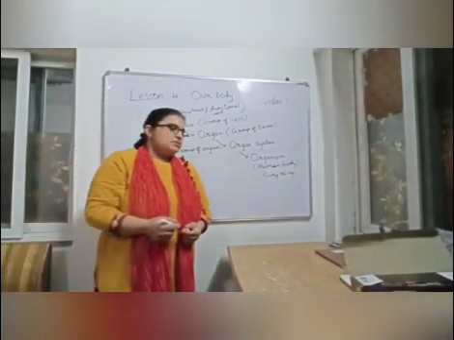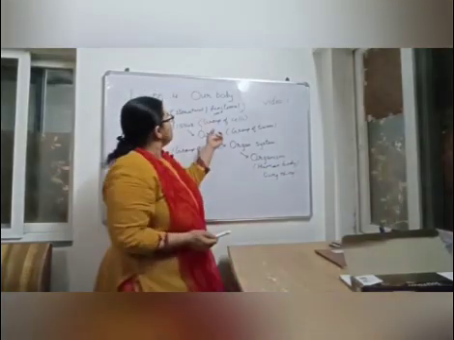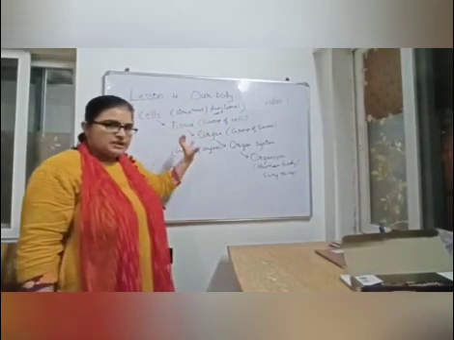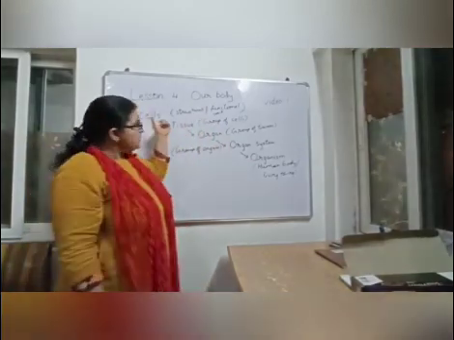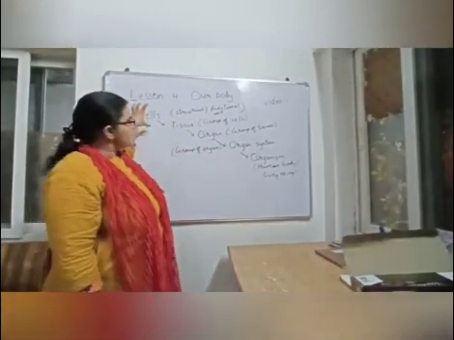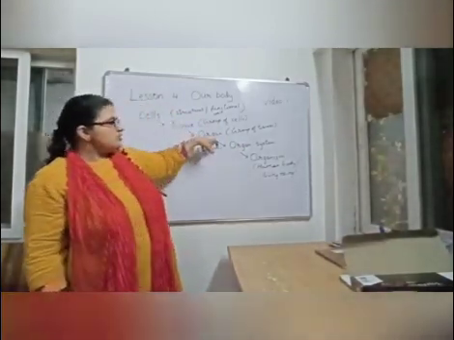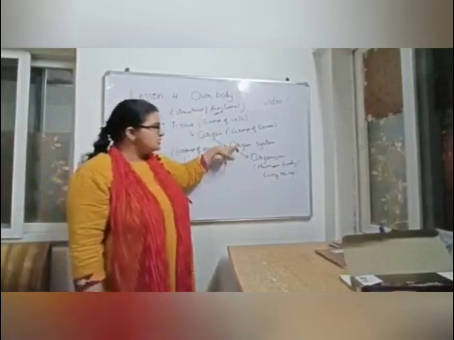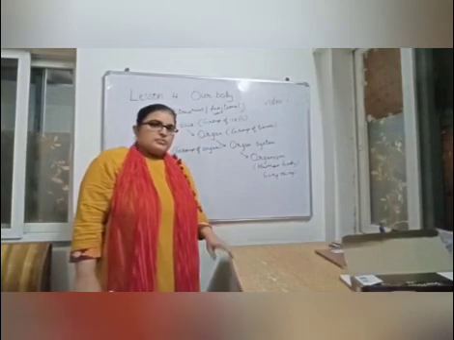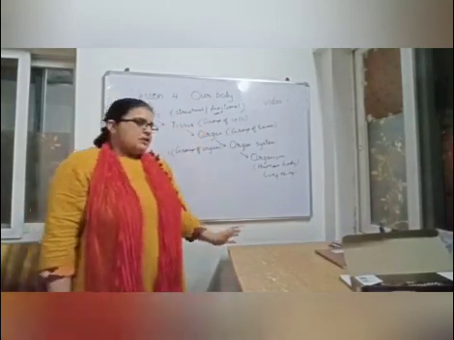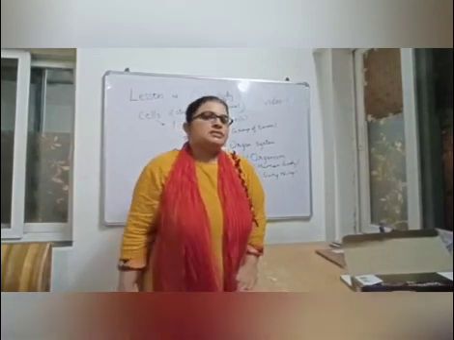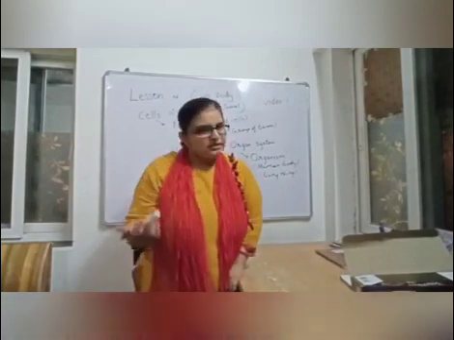So this is clear. These are the different components of our body. This is the introduction to the fourth chapter. Start from cells, group of cells making tissues, group of tissues making organ, group of organs making organ system, and group of organ systems making organism. This has to be clear, and then we will go to the next topic of the chapter, that is the skeletal system, in the next video.